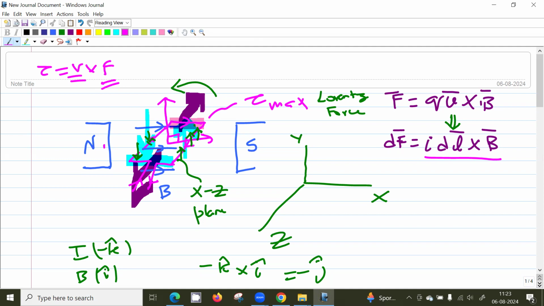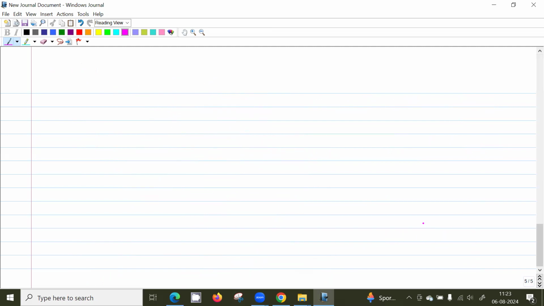Okay, and one more thing is, if I leave this, this coil will rotate. But if I connect a spring to this coil, once I have this coil in this magnetic field, there will be a torque which will try to rotate this coil. If the coil is free to rotate, it keeps on rotating, but if I attach a spring to this coil, something like this, like a spiral spring,